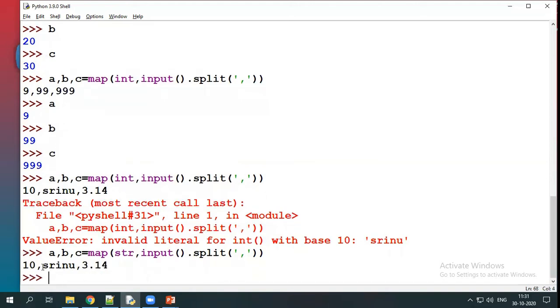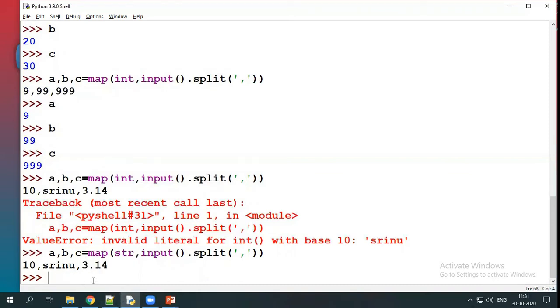The reason is, here we are giving multiple values, but it reads all the values as strings, because the string object can read any format, maybe integer, maybe string, maybe float, and it returns a string, not an integer or float value.